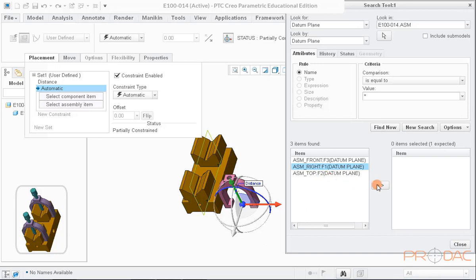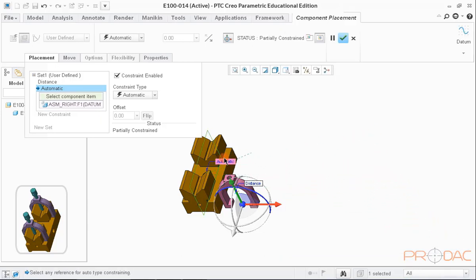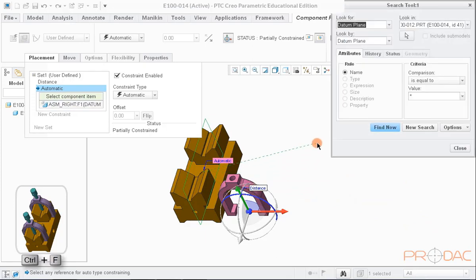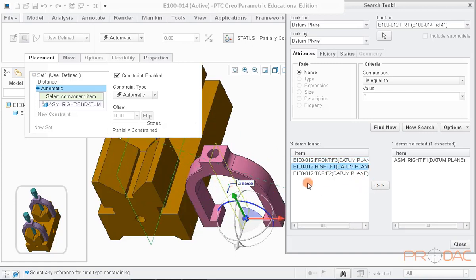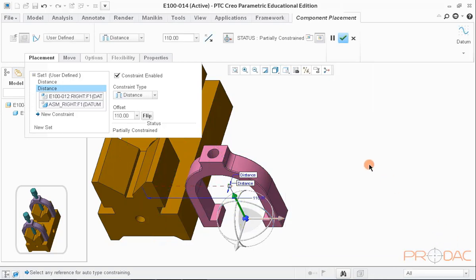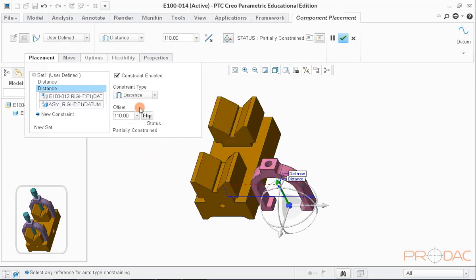Now close the window and do the same for component item which is purple part. Select the appropriate datum from the list. Now give mating constraint as coincident.